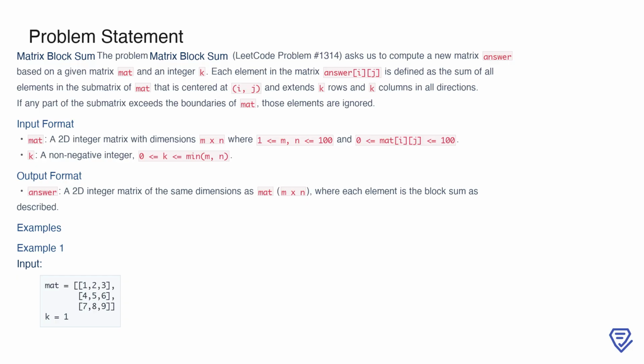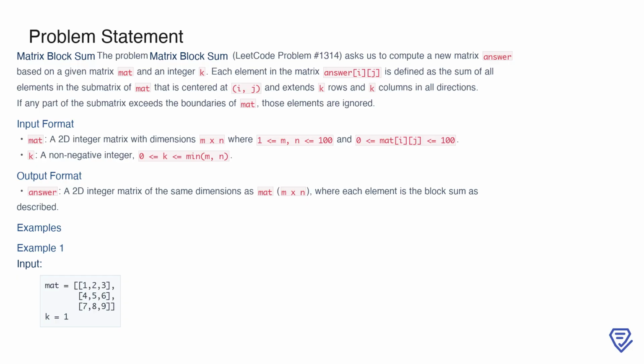The input to this problem includes mat, a 2D integer matrix with dimensions m x n, where both dimensions are between 1 and 100, and the values in mat are non-negative integers not exceeding 100. We are also provided a non-negative integer k, which is bounded by the smaller of the two dimensions, m or n. The output is the matrix answer, which has the same dimensions as mat, where each element represents the block